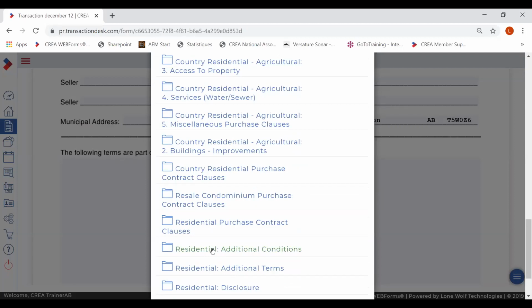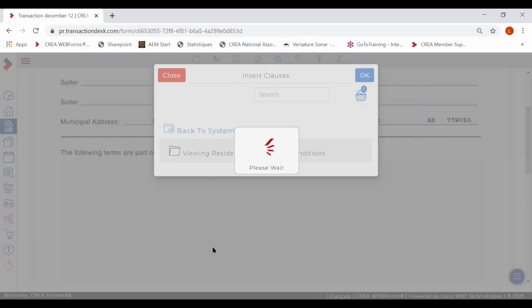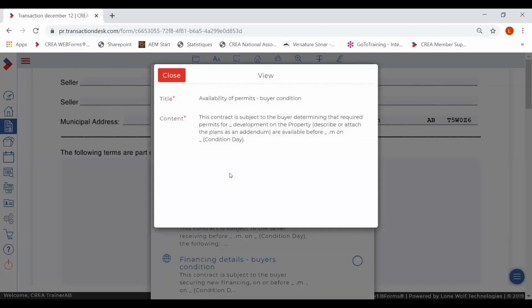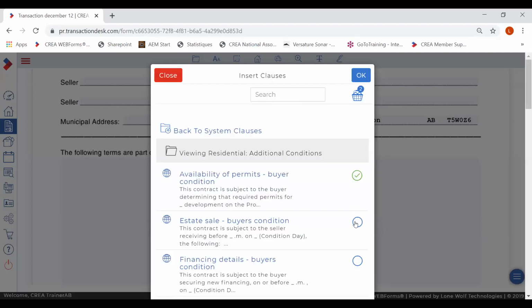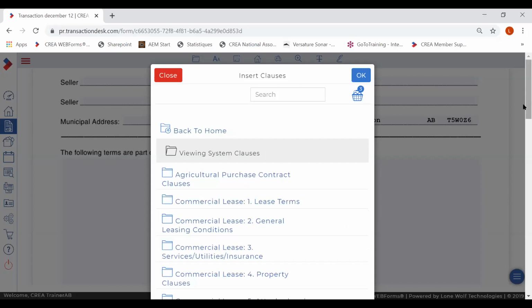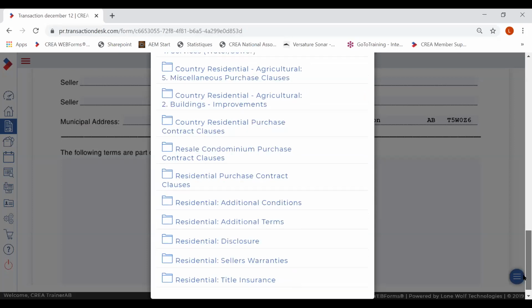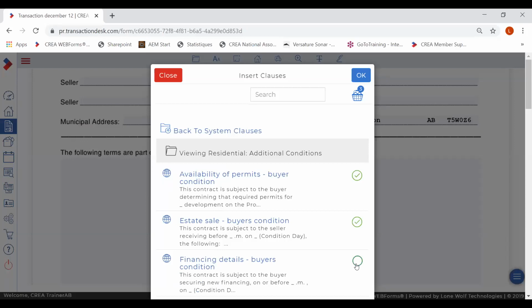All right, I'm just gonna pick some of them in here. And of course, if you'd like to see what the clause is about, you can just click on it here. You can actually see the text. So we'll just select them the same way as you did before. I'm just gonna add a few here. Obviously, I'm just adding them randomly because I'm not a realtor, so you'll let, whoops, I guess in the same